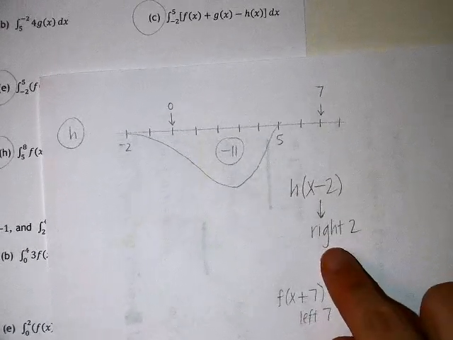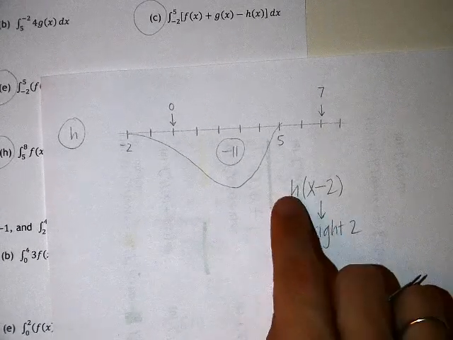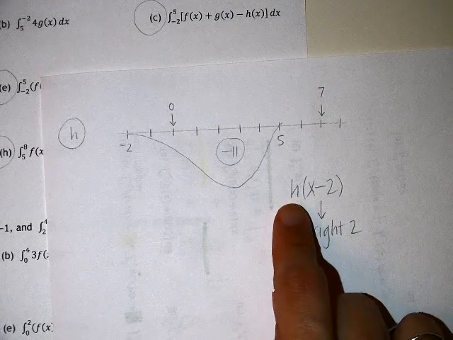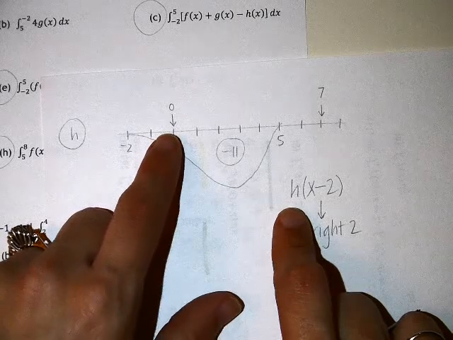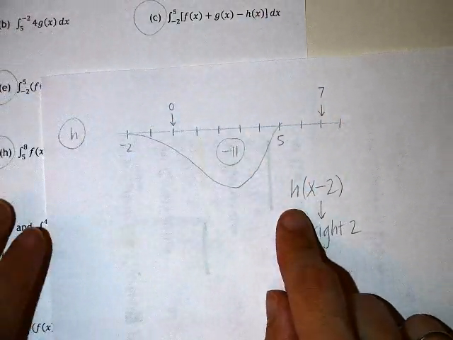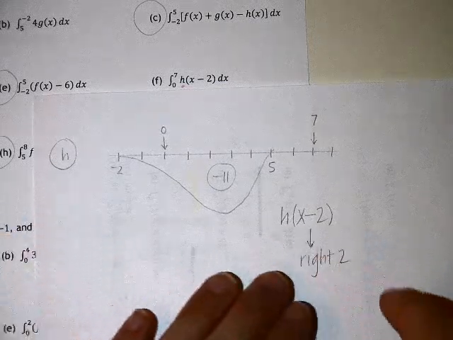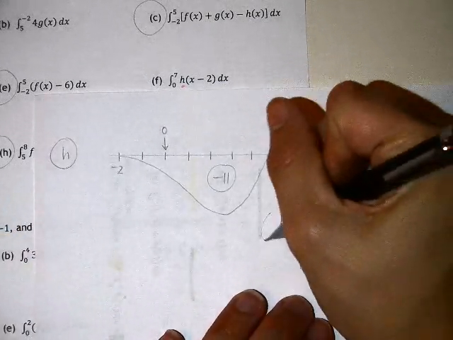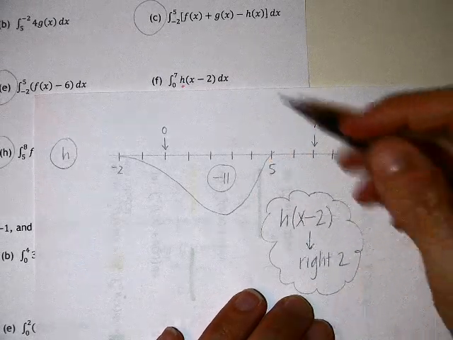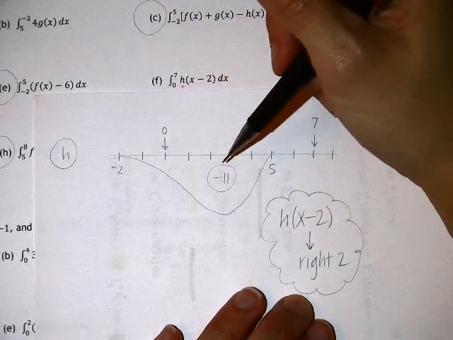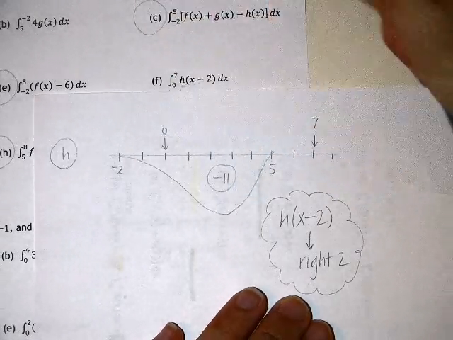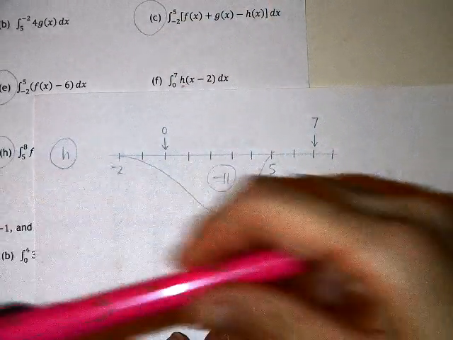you thought about why shifting the h graph to the right 2 actually is the key to unlocking the mystery behind this question. Why in the world were they asking me about 0 and 7? Why in the world were they giving me a problem that seemingly couldn't be done? Because they wanted me to realize that this was just a shift. That if I take my h graph, and again, I just made up the h graph. I have no idea what it really is, but